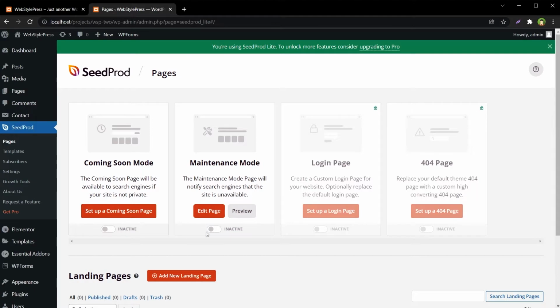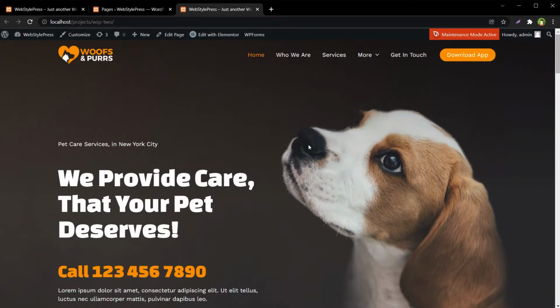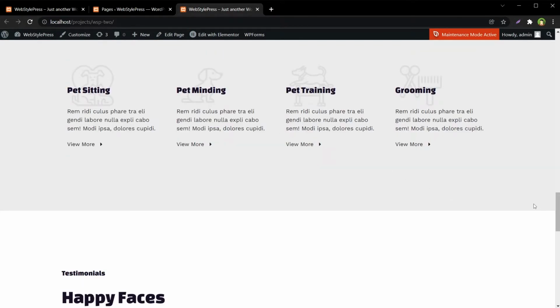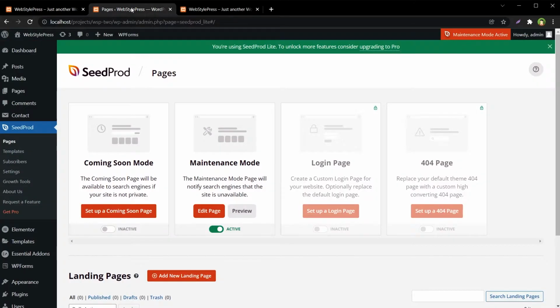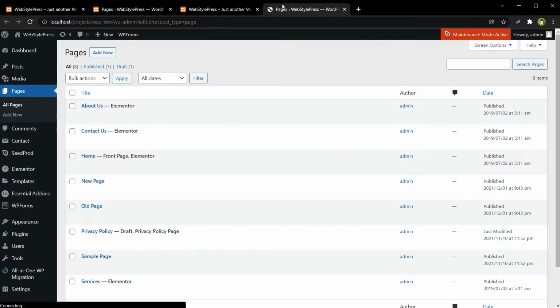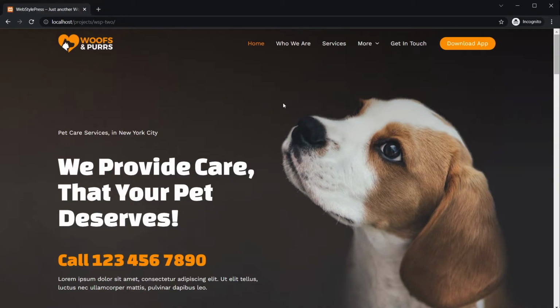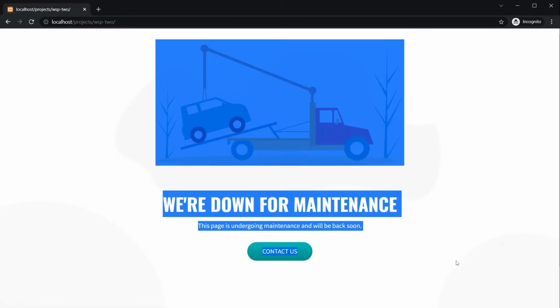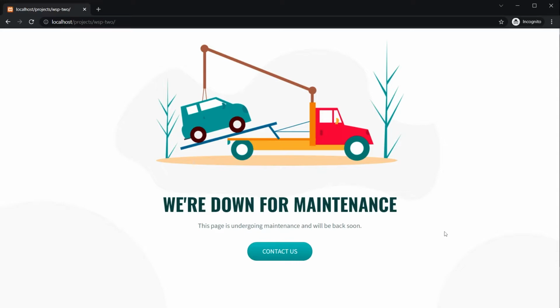So this maintenance mode is inactive right now. We can activate it, and now maintenance mode is active. You can see the maintenance mode active message in the top bar as well. Now if I go to my website, I can still browse my website, and I can also edit this and go to pages, browse it normally, and edit my pages and my website, use the full backend. But if I open this website in incognito mode and refresh the page, then I will see this page here, the maintenance page that we created just now.